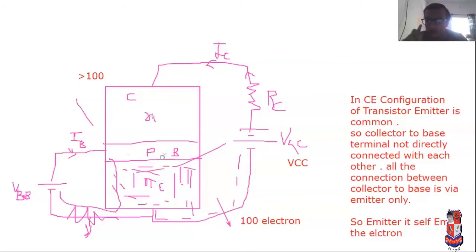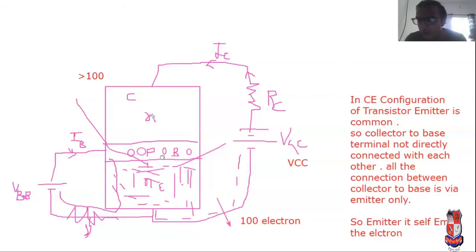Why? Because all the electrons can travel via the emitter. That's why collector current is always large in common emitter configuration of a transistor, but in common base configuration, emitter